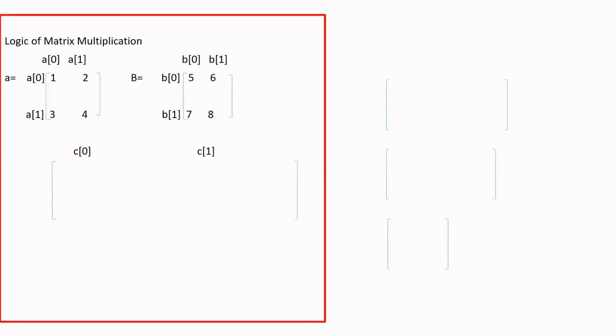So next, we'll see the simple logic before going to the programming part, how exactly matrix multiplication will be done. So these are the two input matrices I'm taking, I mean 2 cross 2 matrices. So A00 is 1, A01 is 2, A10 is 3, A11 is 4. With respect to the B matrix, B00 is 5, B01 is 6, B10 is 7, B11 is 8. So the same thing I'm taking as input here, just for understanding, I'm taking these values.